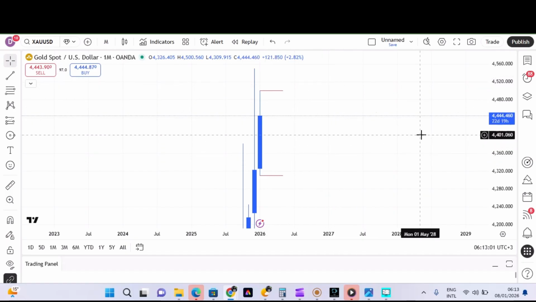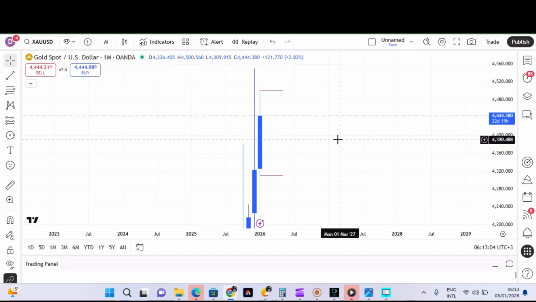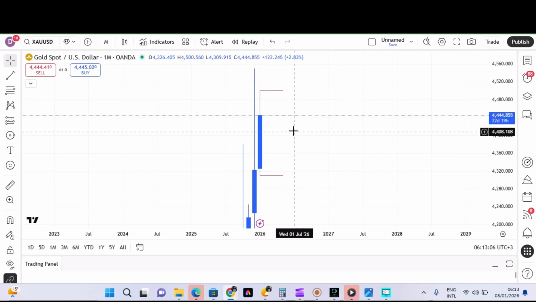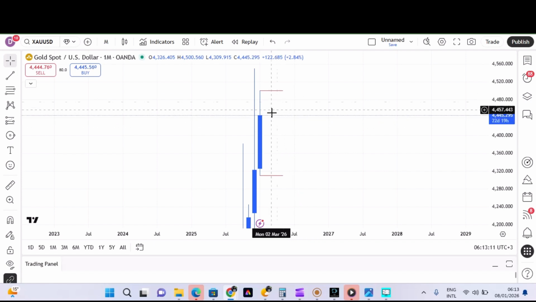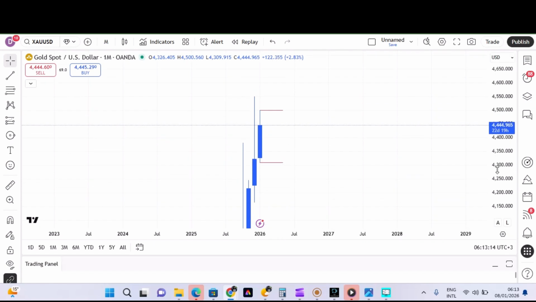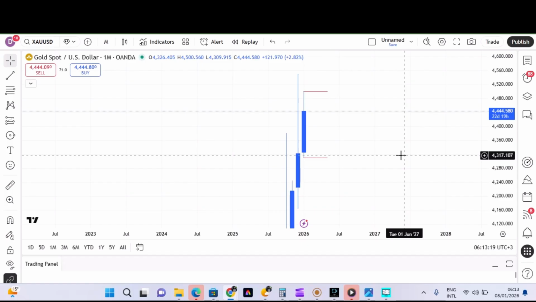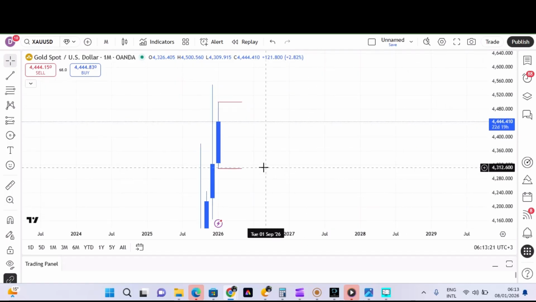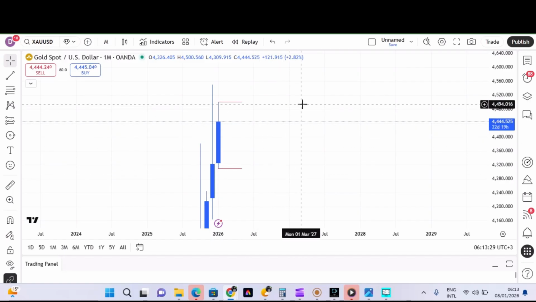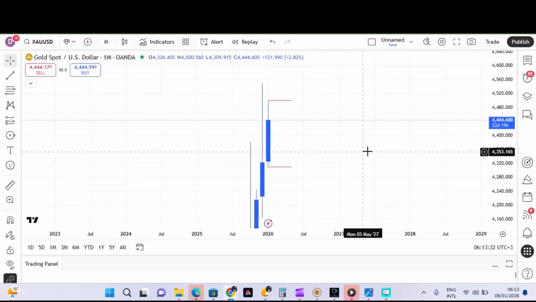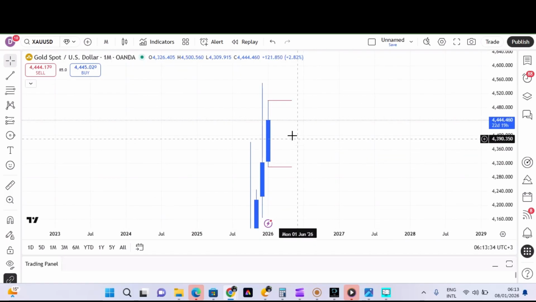So as we speak now, gold is trading today, Thursday, 8th of January 2026, at 44.45. That is where the price is. That is the price action. You have to really look at what the price is doing, the historical data of the price, the futuristic, and also where it has gone historically up and historically low. Without further ado, that is something we can look at on the monthly.